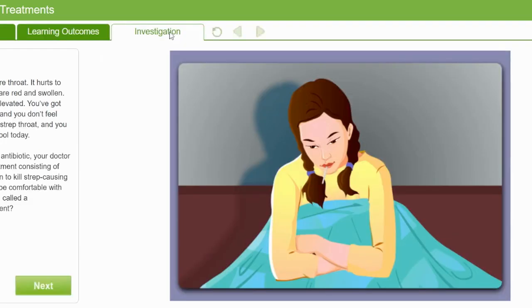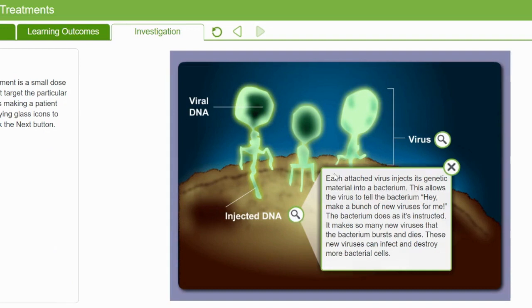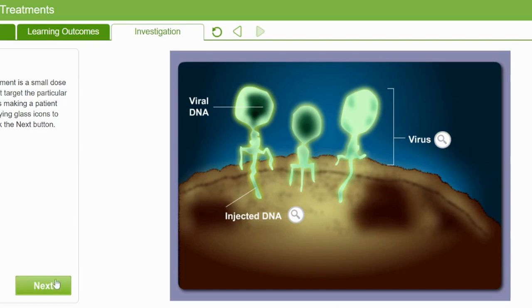So for the investigation, the first thing is you want to read through this background information. Once you've read through this information, you're going to click next, and then you're going to go through part 2, and each of these little magnifying glasses you can click on, and it will bring up information. It tells you about how it injects its DNA, what the virus is, and how it functions. And then once you do that, you'll see that next green button will pop up,